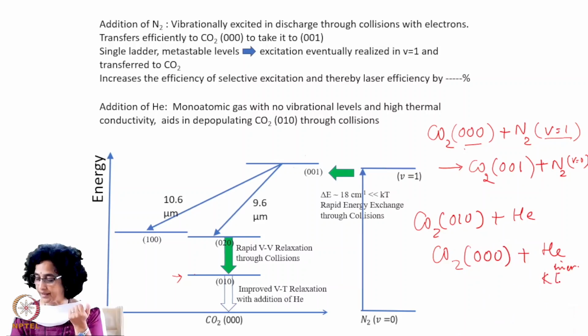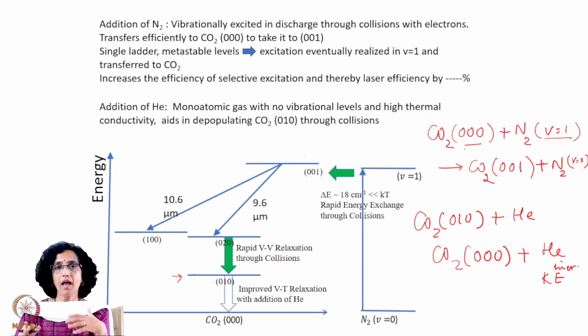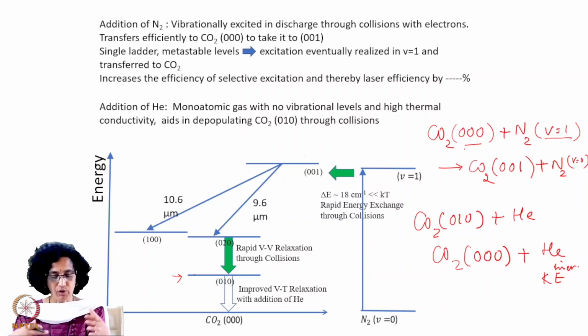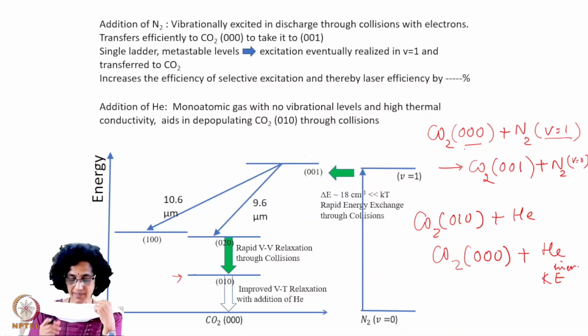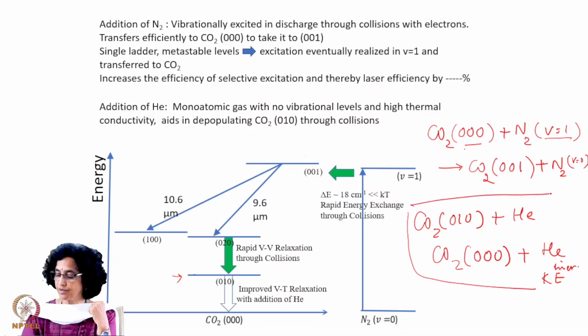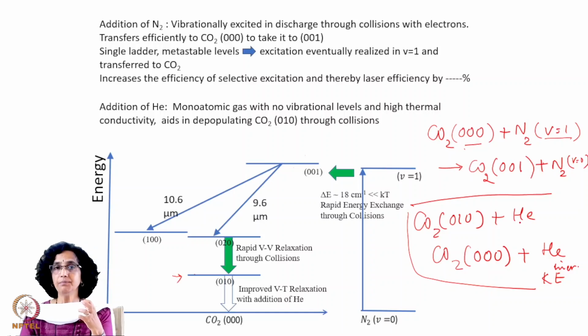Increased kinetic energy. Adding a large amount of helium to the CO2 laser gas mixture enables us to increase this reaction, so that the helium carries away the excess quantum of bending mode energy that the CO2 molecule has, brings it to the ground level, while helium itself is energized.